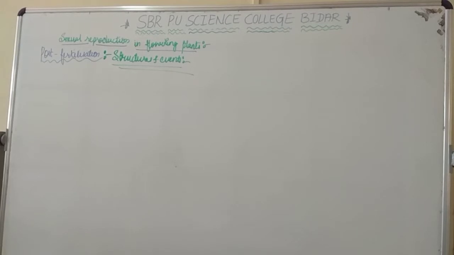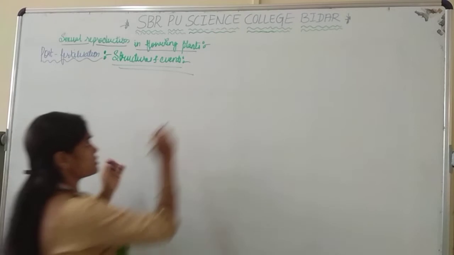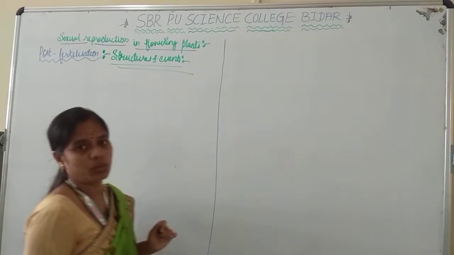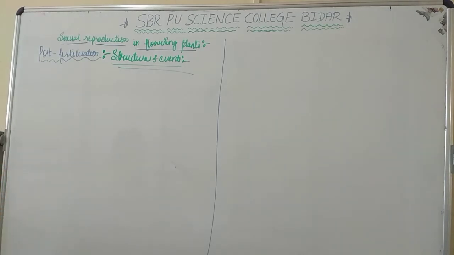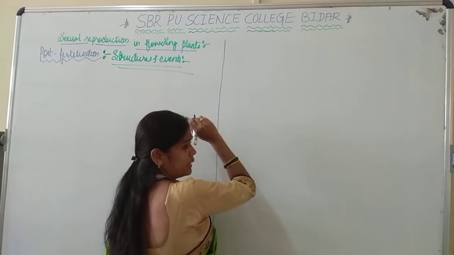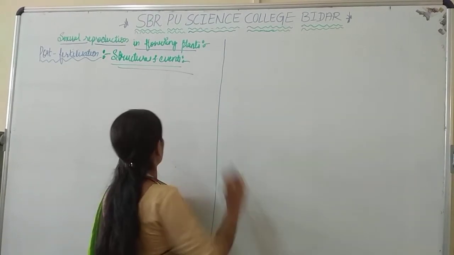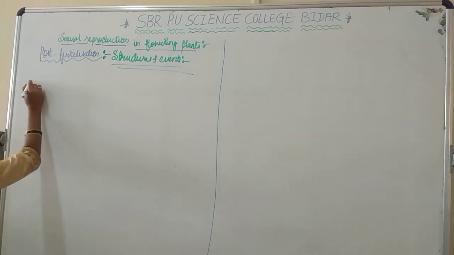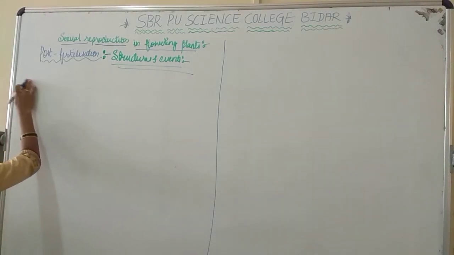After fertilization has taken place, there are some changes, and what takes place during fertilization we call the significance of fertilization. After fertilization, what are the things happening? All those things will be included here in what we call the post-fertilization events. What are the things taking place here?